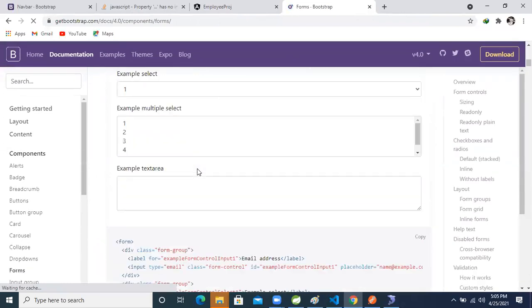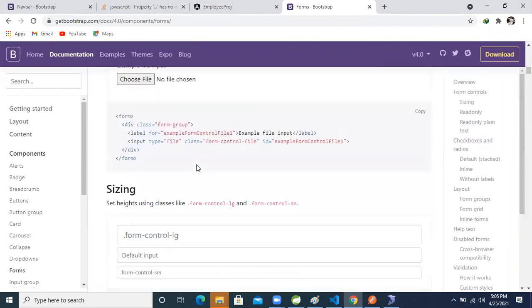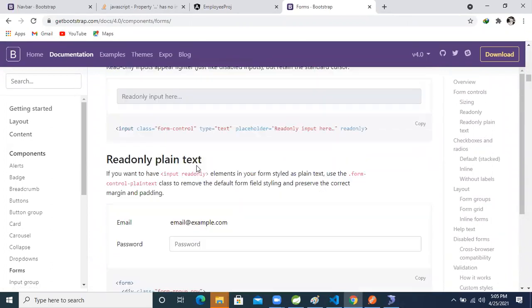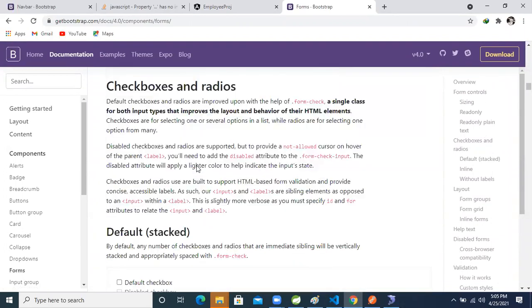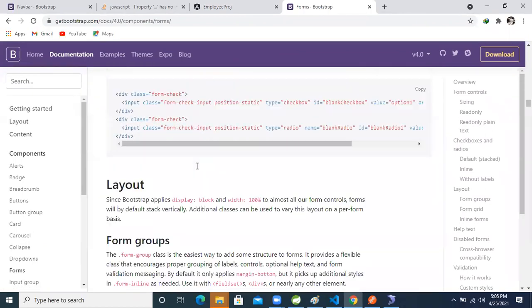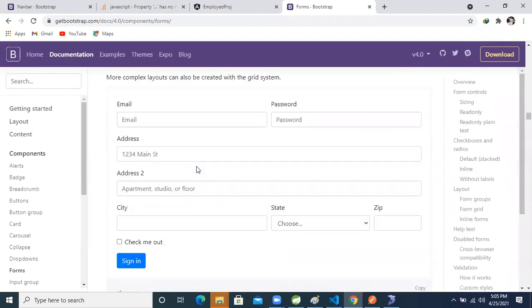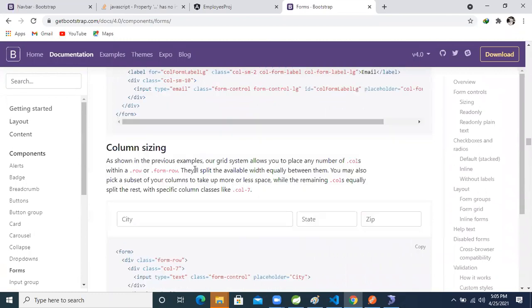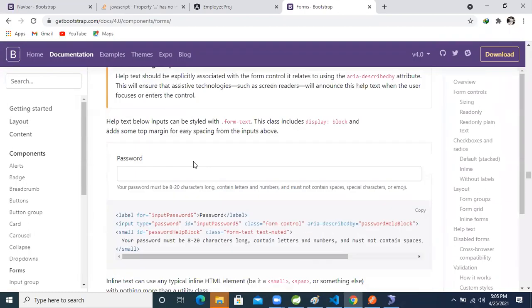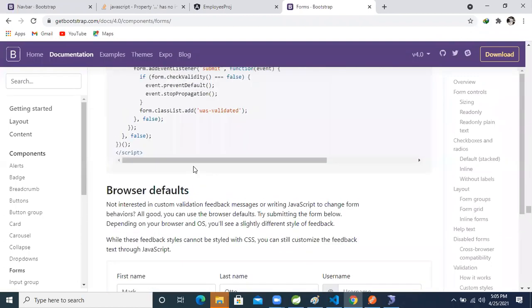Text area. One minute. I'm not finding the text area code anywhere.